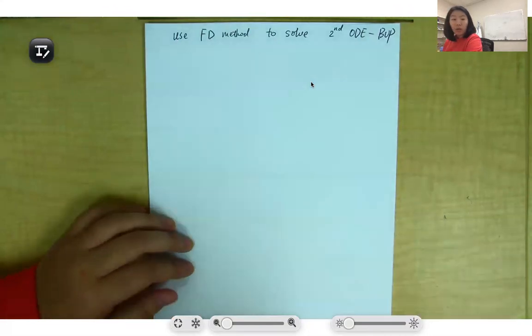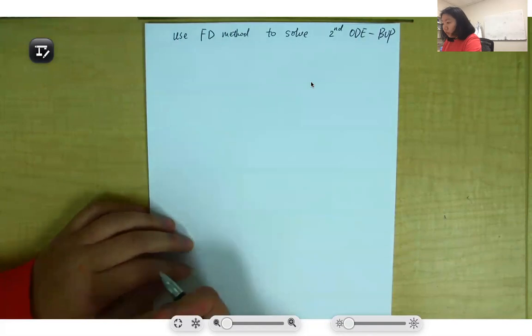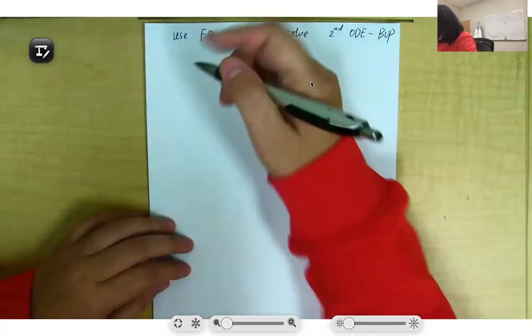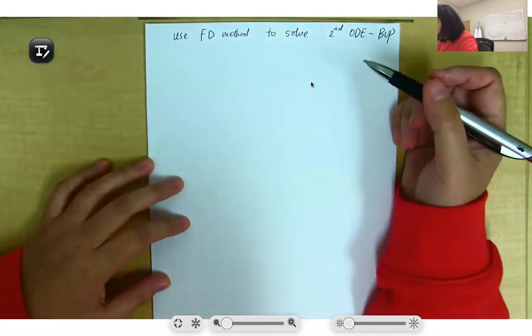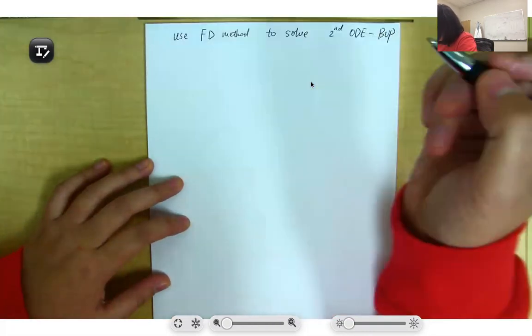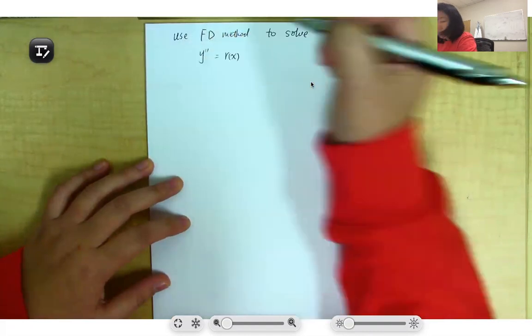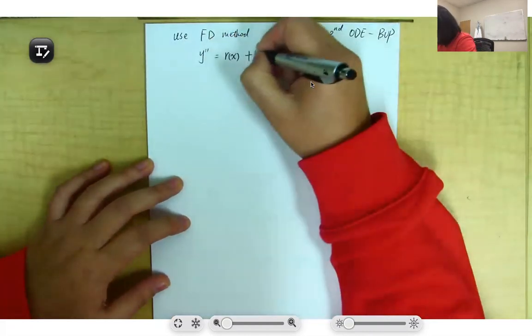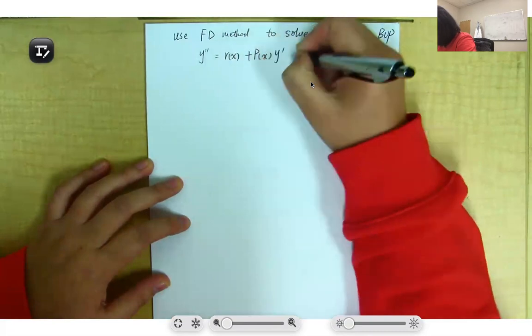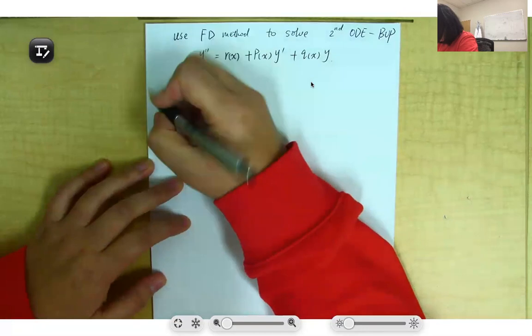and we will show how you can translate the second order ODE into the linear algebra equations using finite difference approximation. Okay, using the central finite difference method. So our second order ODE is written as y double prime equals the forcing function r(x) plus p(x) y prime plus q(x) y. Okay, and the notation